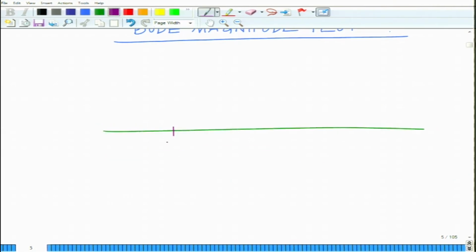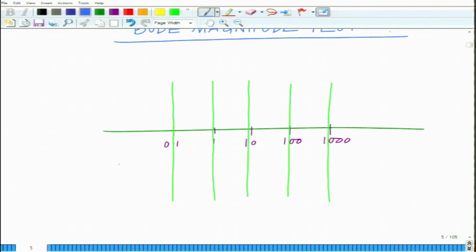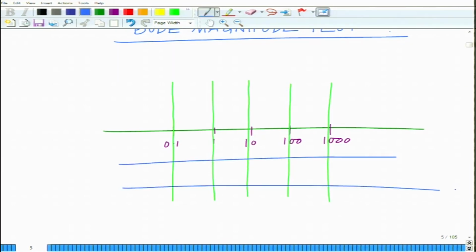Starting from 0.1 to 1 to 10 to 100 to 1000 radians per second. And this is your 0 dB, minus 20 dB, minus 40 dB. So, this starts with, when omega is much less than 1,